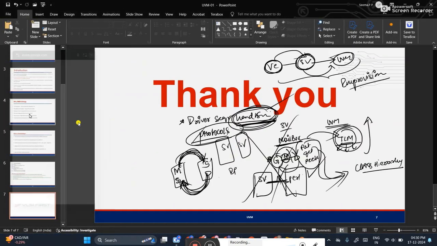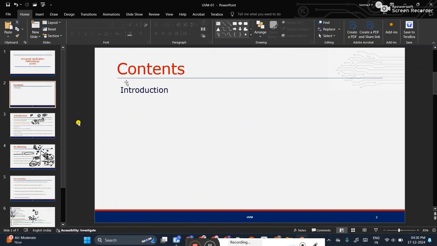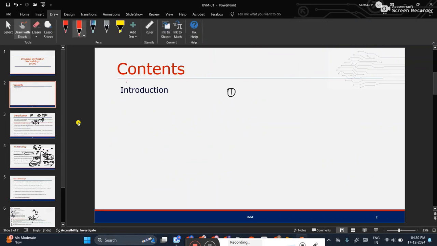In the intro, majorly for the advantages, you must remember this one point, because the remaining points are the same advantages. If I ask you the SV and Verilog advantages, you would tell the same ones here also, but the independency of test case writing is a very, very important advantage. Apart from this, the driver sequencer handshaking mechanism, mailbox and TLM concepts can be taken. First, test case independency: we can write the test cases independently from the architecture, without the help of env. That is one major advantage.